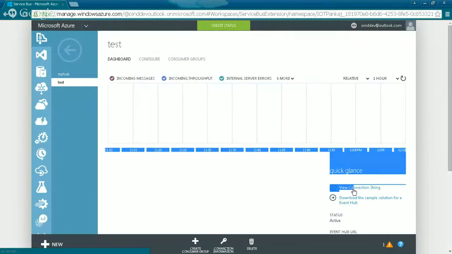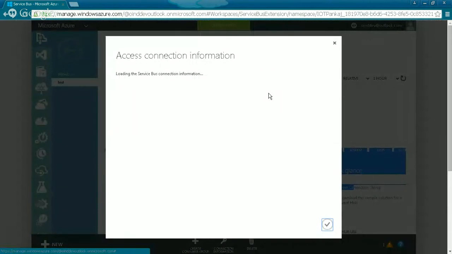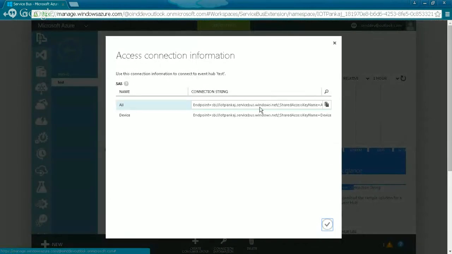Yeah, this is the connection string you can get from here also. If you click on this one, you'll populate the connection string here. It may be device specific or all or whatever.